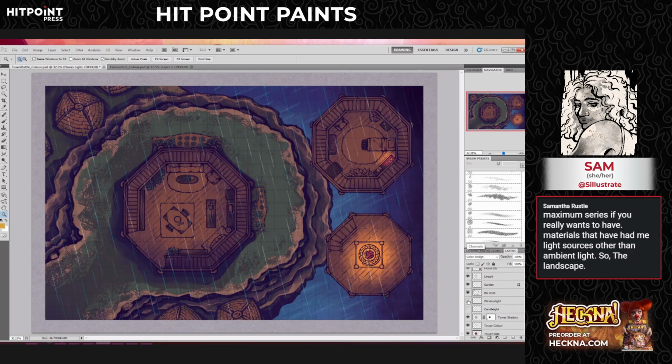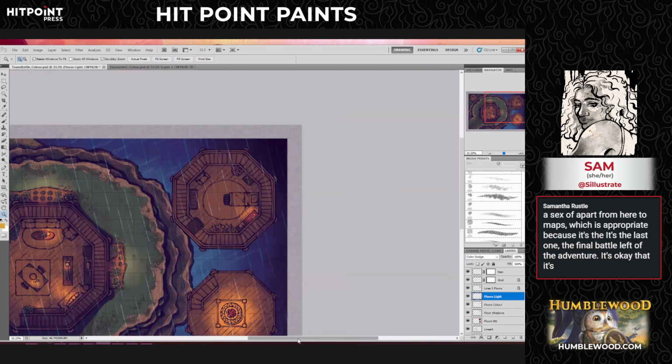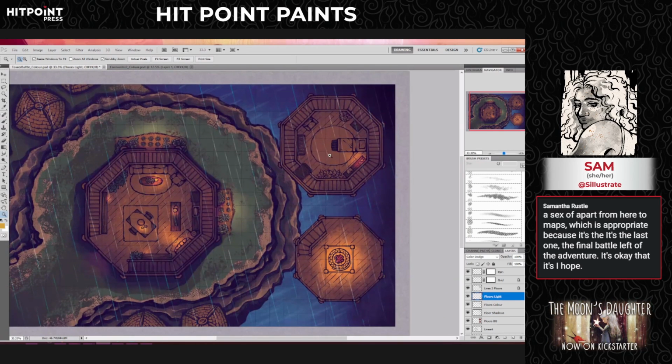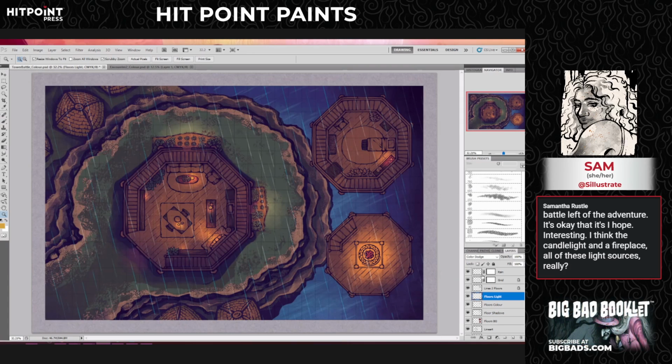So it really sets it apart from the other maps, which is appropriate because it's the last one. It's the final battle map of the adventure, so it's okay that it's much more interesting, and I think the candlelight and the fireplace, all of these light sources really also